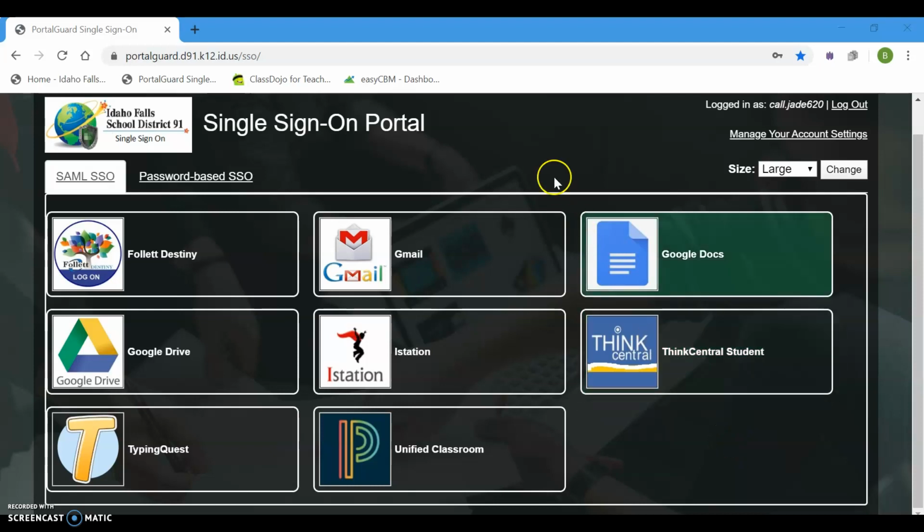Hi guys, I am going to show you how to get onto your Think Central. Now the first thing you have to do is log on to your single sign-on. If you're not sure how to do that, there's another slide that shows you exactly how to get on. Once you get signed on, you're going to be brought to a page that looks